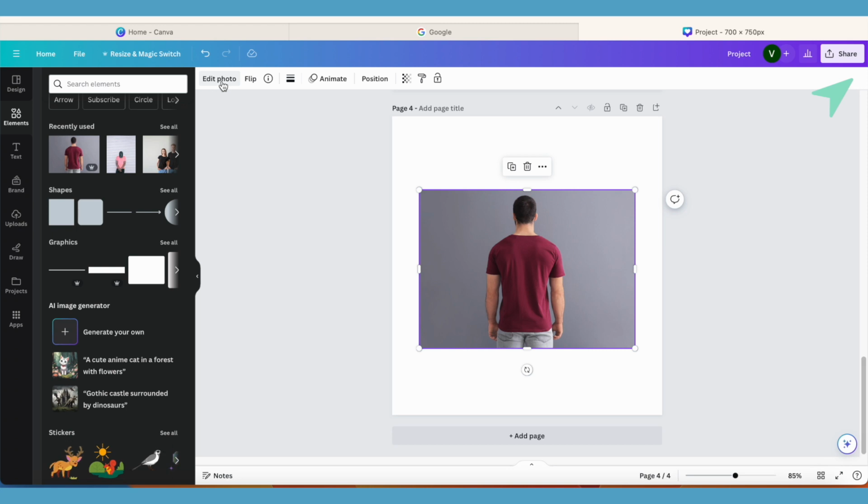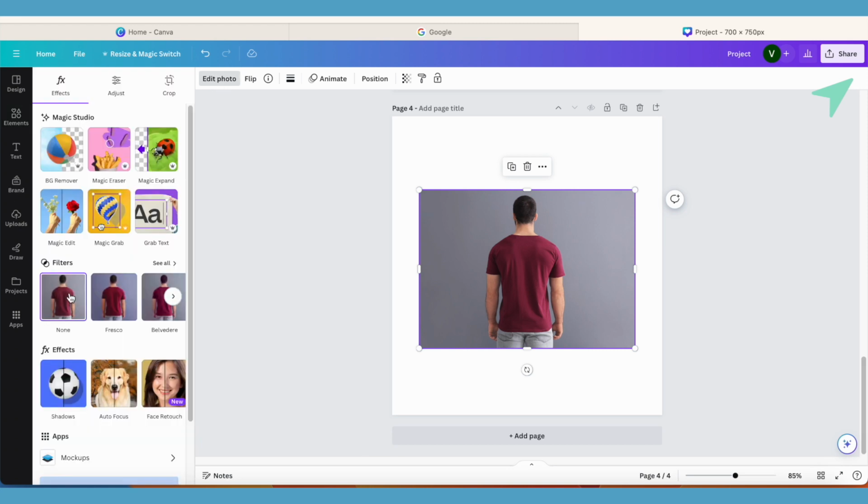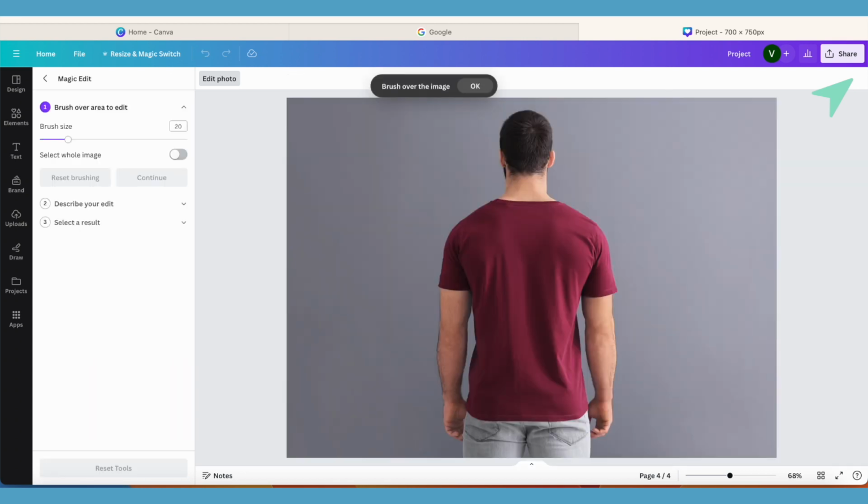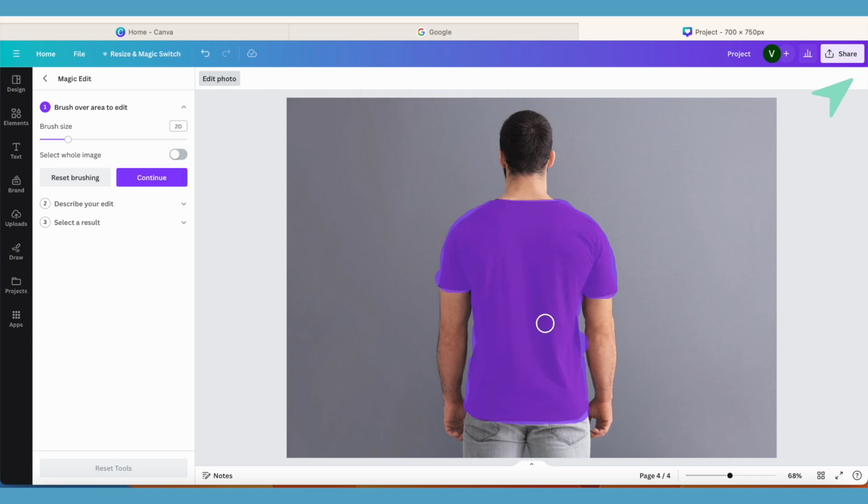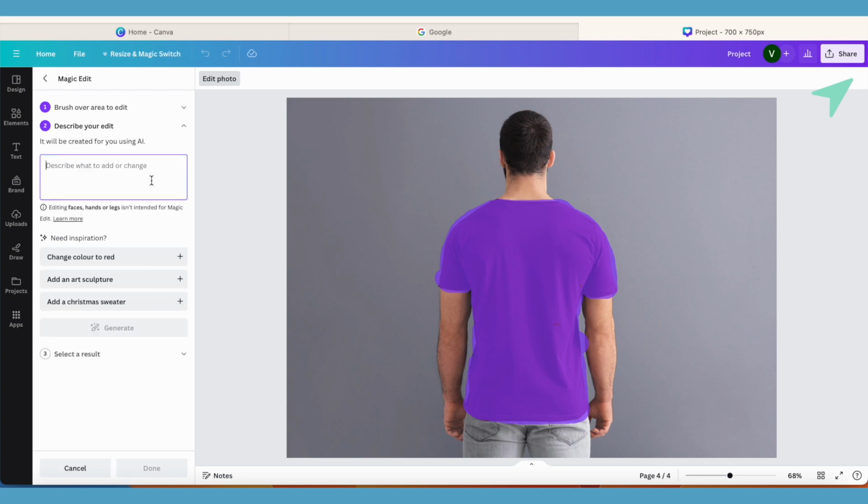click on the option of edit photo, and after that I will select the option of magic edit. And over here, this is how it will appear. Now I need to select the t-shirt over here. Just select the t-shirt and nothing else. So let me select it, but be careful while selecting it. So after you're done with selection, just simply click on this option of continue, and here describe it as the